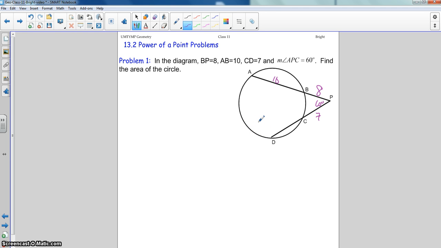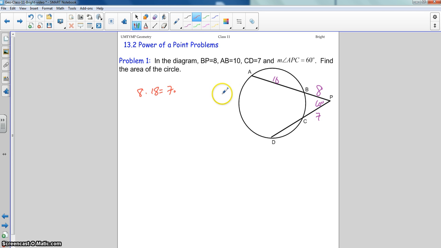Well, at first glance this is like, okay, we give you all this information and we ask, is the sky blue? Well, okay, but how do we figure this out? What I need to do is recognize that the power of a point theorem applies here. If I do P to B, so that's 8, times the total length, which is 18, and that should be equal to 7 times, oh,